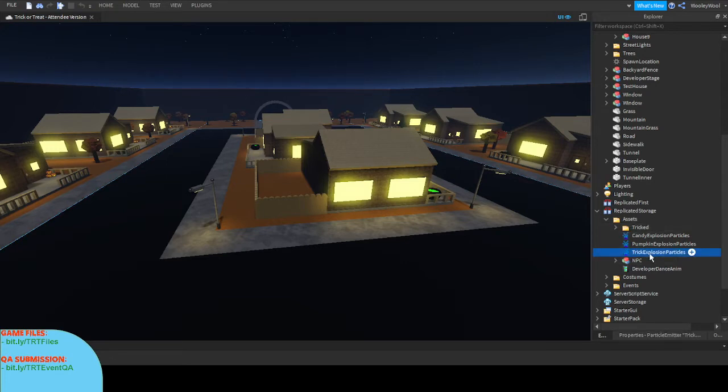I literally just looked up an emoji of a cloud and put it as that, and that will help identify that the player is getting tricked. Ignore this pumpkin explosion particle. That was for something I wanted to do but didn't have enough time for. Next, inside the assets folder, we have this little tricked